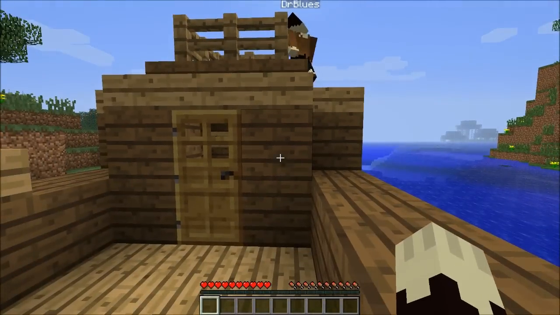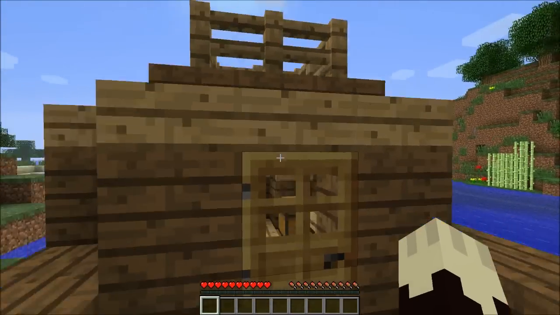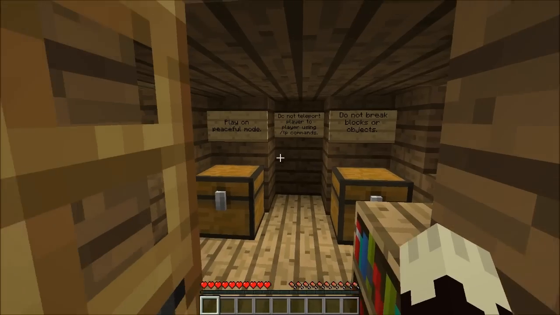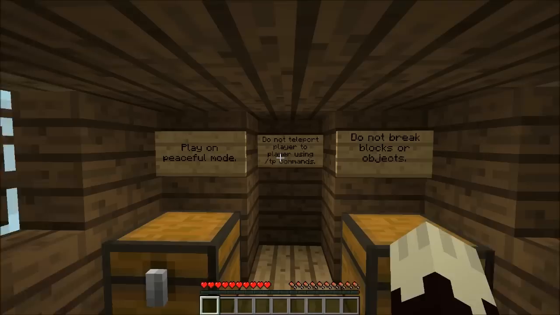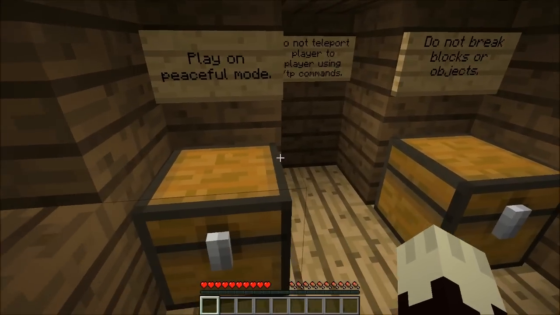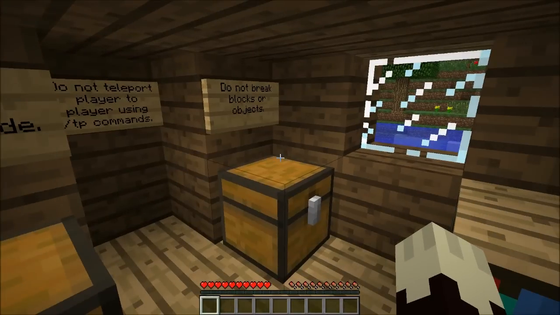Yeah, sure. One of the things we had to work out at the start of the game was how to present the intro information to set up the game. So we thought a cabin in a ship would be a natural way to do that. We've got very few signs here. I'm just playing on peaceful mode, not teleporting and not breaking blocks or anything else. We had a particular emphasis on trying to not have too many notes and too many signs,